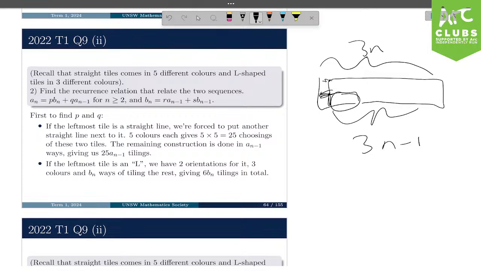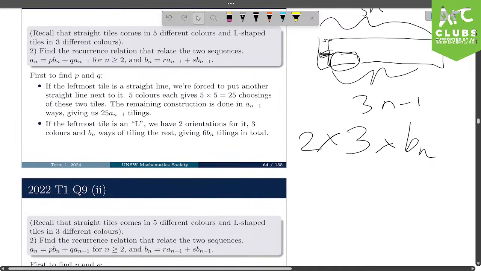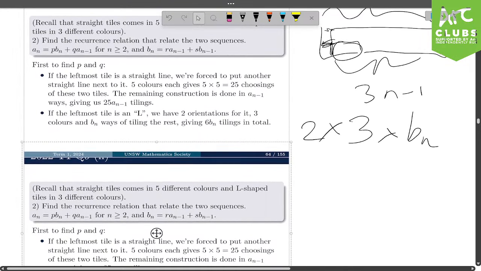So again, there are 2 orientations for the L tile, right? So how many ways can we put the leftmost L tile? 2 orientations, 3 colors, so 6 ways of orienting that tile, and the BN tile can be flipped the right way, or it can be flipped upside down, right? So this gives us 6 BN tilings in total. Okay,